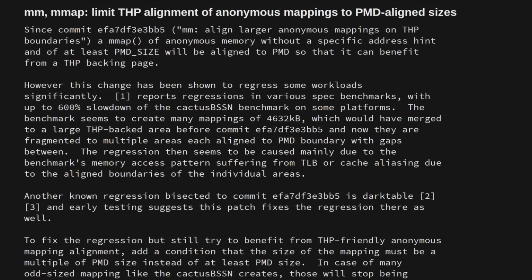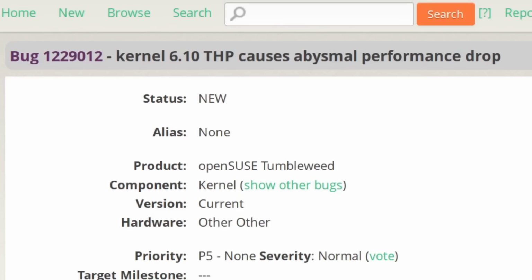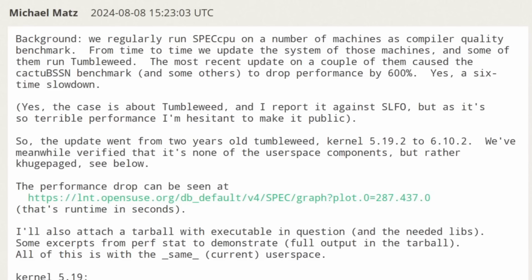The message goes on to say that since this commit, a mmap of anonymous memory without a specific address hint and of at least PMD size will be aligned to PMD so that it can benefit from a THP backing page. However, this change has been shown to regress some workloads significantly. And we have a reference to a bug report that was made in openSUSE Tumbleweed titled Kernel 6.10 THP Causes Abysmal Performance Drop. The bug reporter mentions that they regularly run SPEC CPU on a number of machines for compiler benchmarks, but the most recent update, which included a kernel upgrade, saw a performance drop of 600% in cactuBSSN